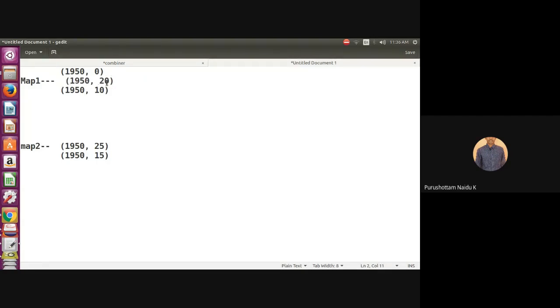So map 1 and map 2 outputs are here. Now if you're not using the combiner, what are you getting? We get the output as 1950, comma, getting the values 0, comma, 20, comma, 10, comma, 25, comma, 50.